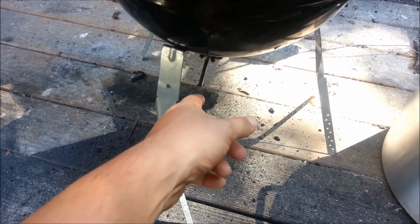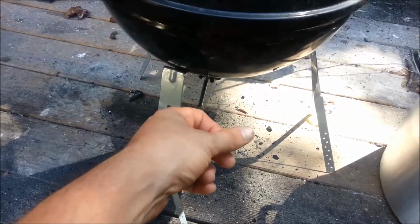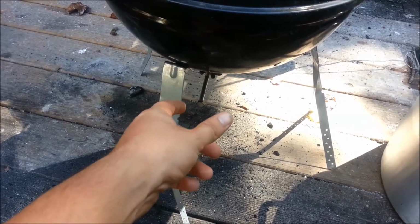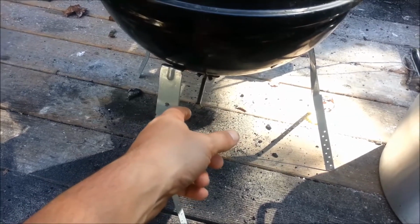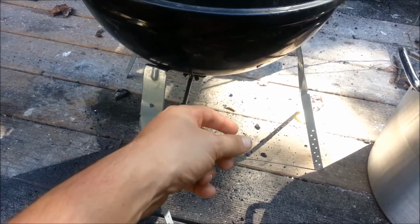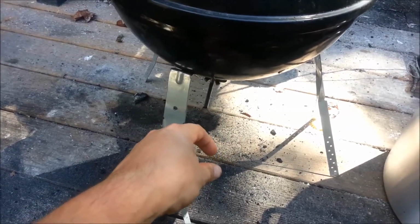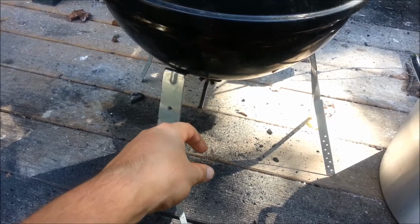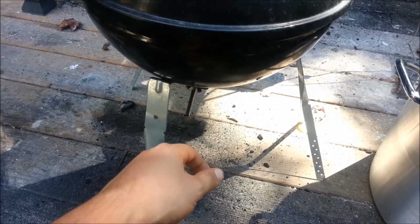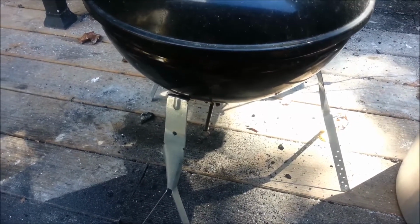I really don't have to mess with that too much, or actually not at all, since I've got the IQ 110 hooked up. What I did this last time when I was getting it up to temperature, I opened this up and had the IQ 110 going until I hit about 200 degrees, and then I'll let the IQ 110 take over. It ended up spiking about 250, 275 before the IQ 110 brought it back down and